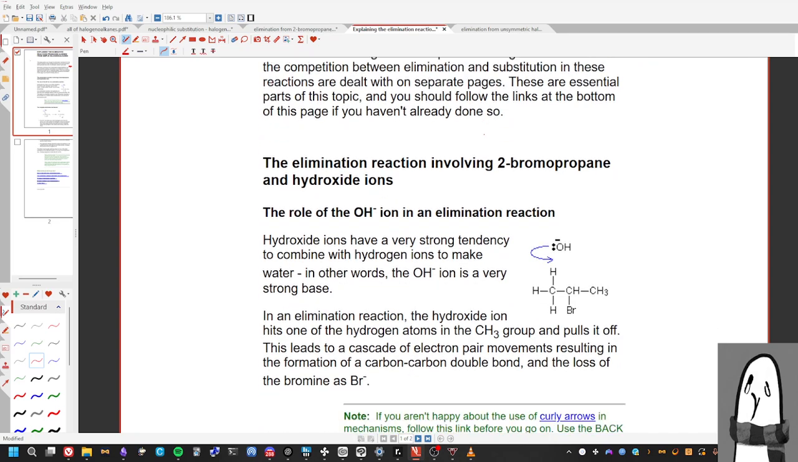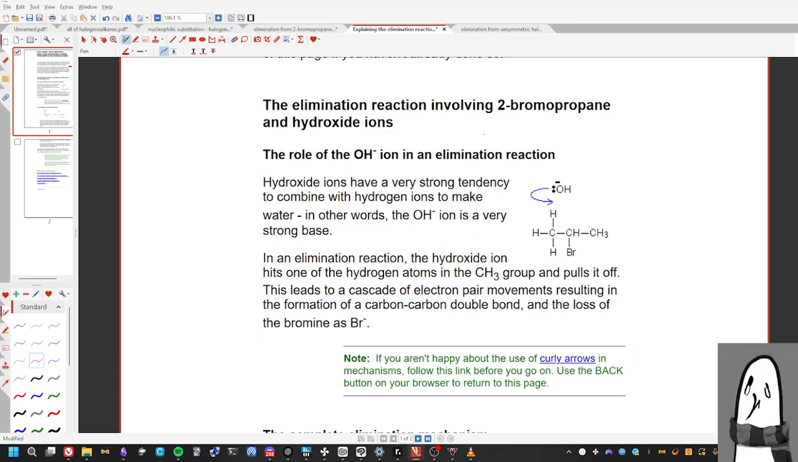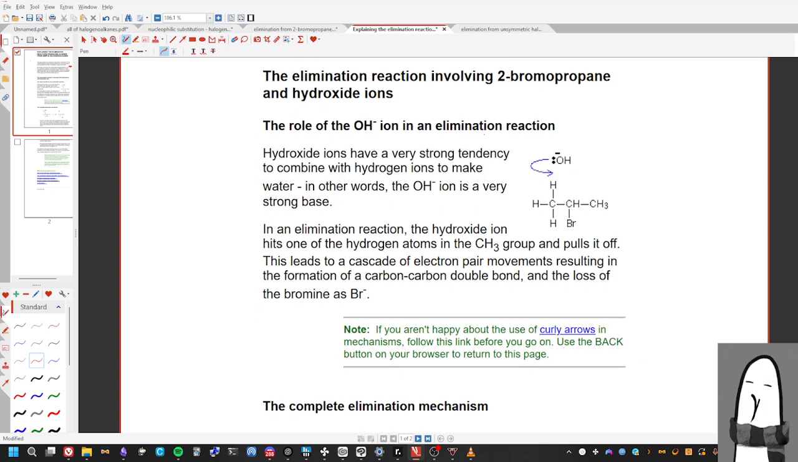Okay, elimination. We're using the same thing. So your OH ion has a very strong tendency to combine with another hydrogen ion to make water. In other words, the OH ion is a very strong base. As you know, if you have an H plus ion, which is kind of like an acid, and your OH ion, which is kind of like a base, they have a great tendency to combine